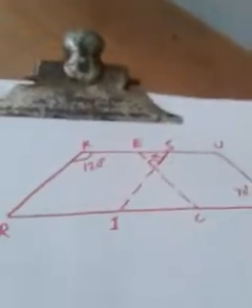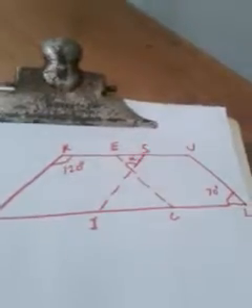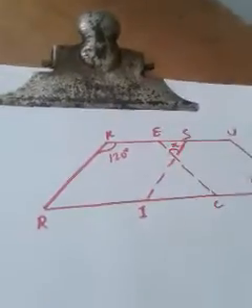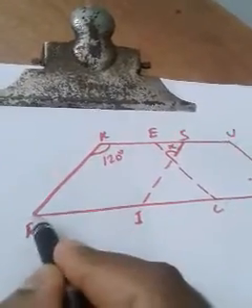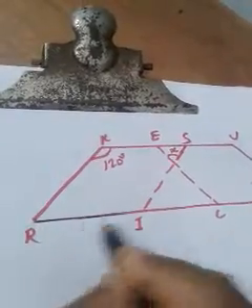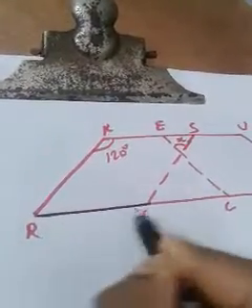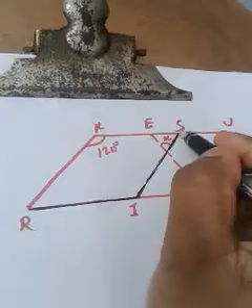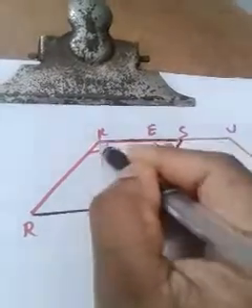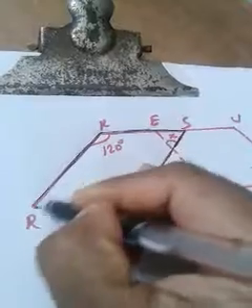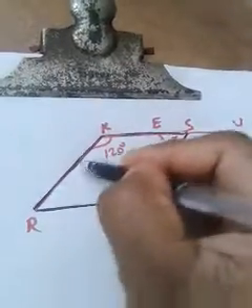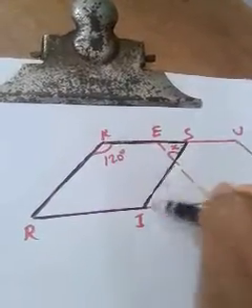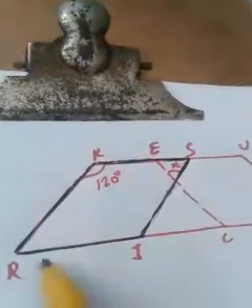So according to the question, they have given two different parallelograms. Can you find out which are the two different parallelograms? The first parallelogram is RISK. Let me use another color for that. RISK. So now we can call it the black parallelogram, and the other one is the red parallelogram. I think it is clear for you, no? Okay, so this is your first parallelogram.